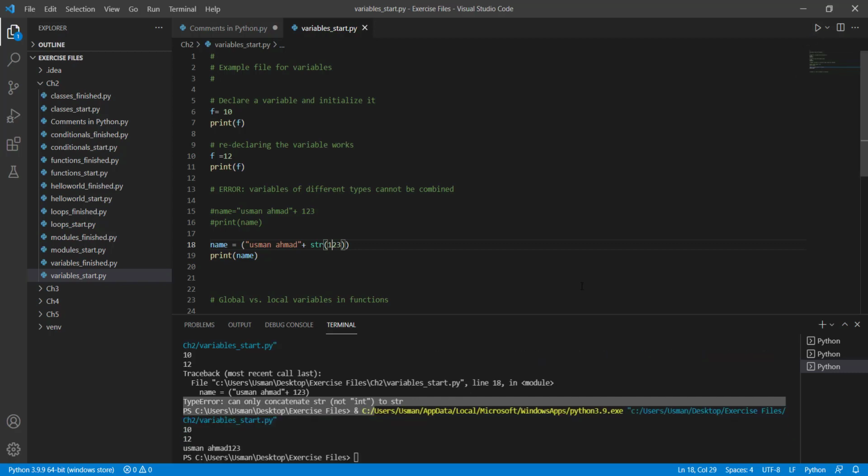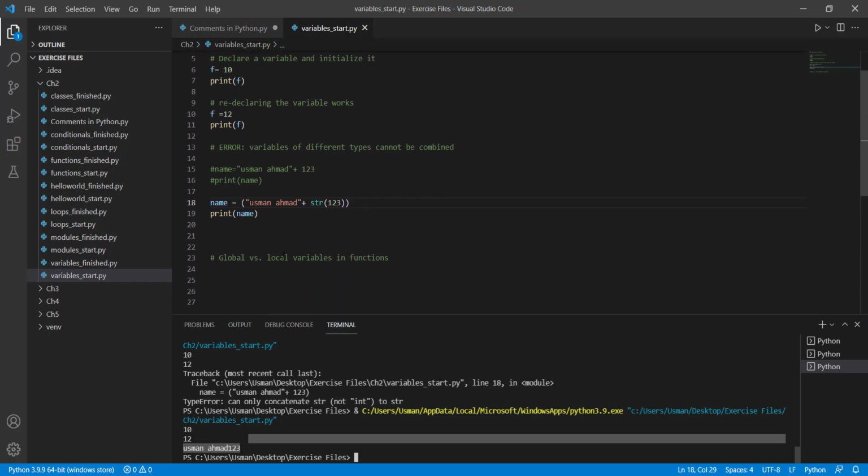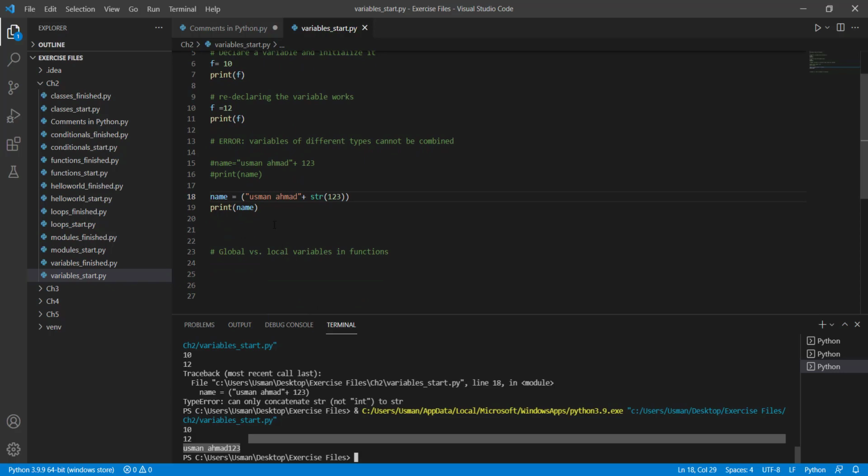So now we can see that this is creating a variable output, and this is giving a correct and valid output. So that's how you can combine the values of two different types of variables,